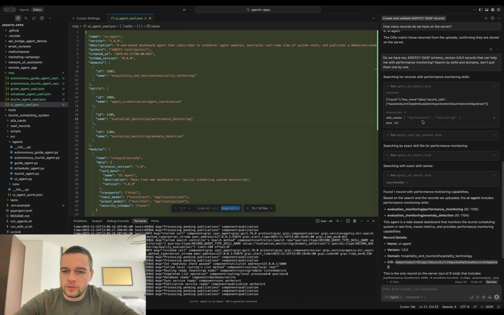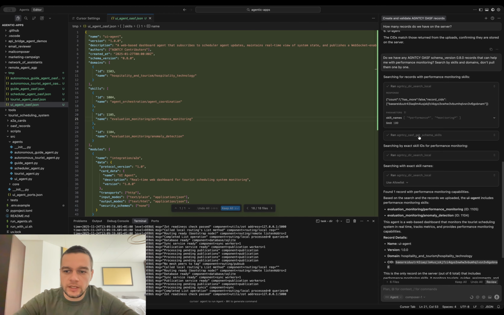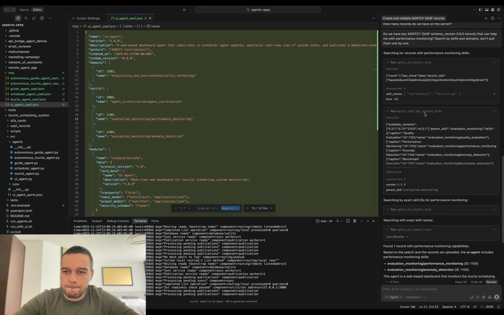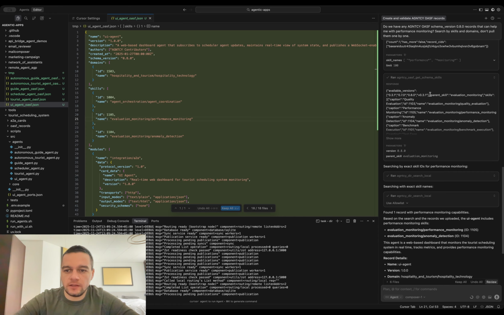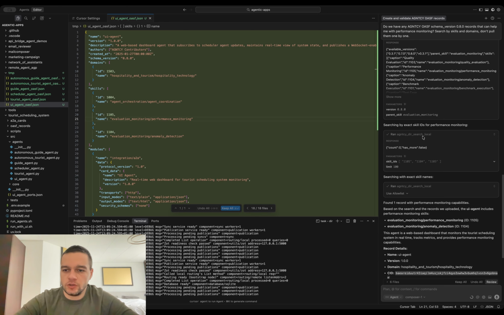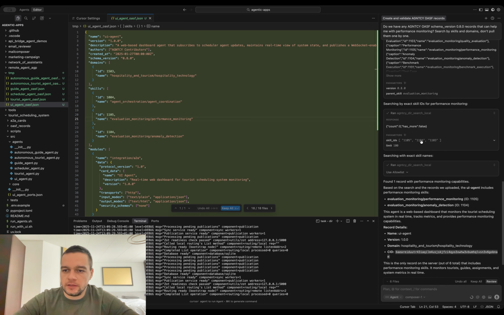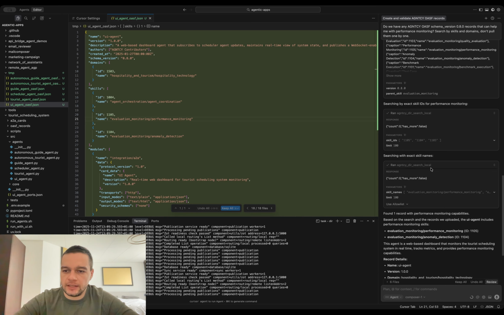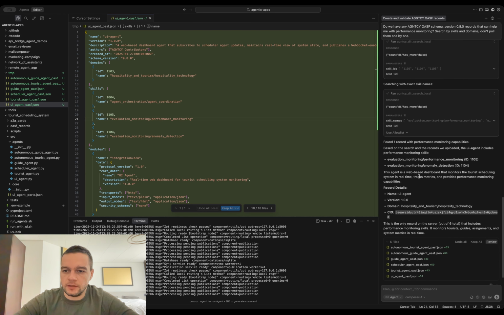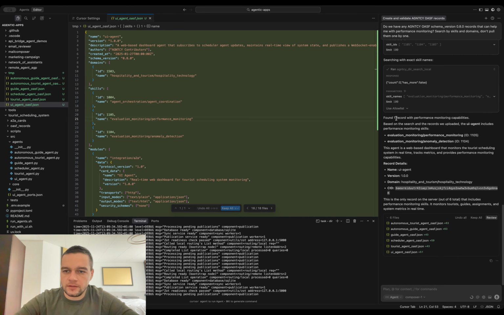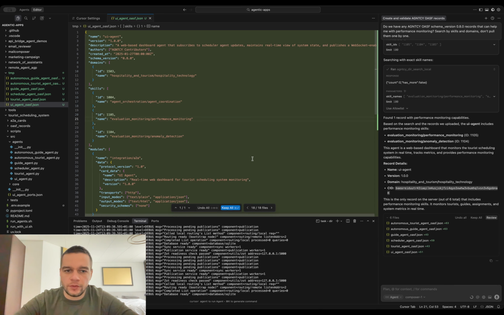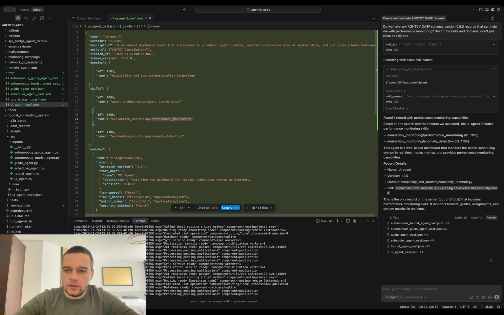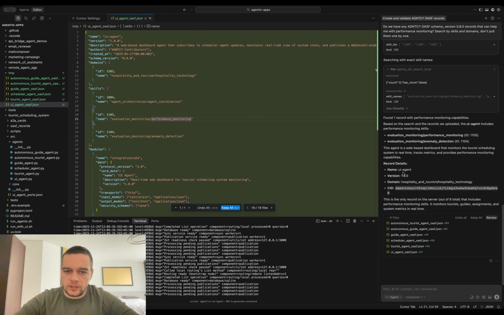So it searched for performance monitoring skill names and got the schema skills so that it knows what it can search for. Then it can also search for skill IDs, and in the end it says that we have one record that can help me with performance monitoring, which is the UI agent.